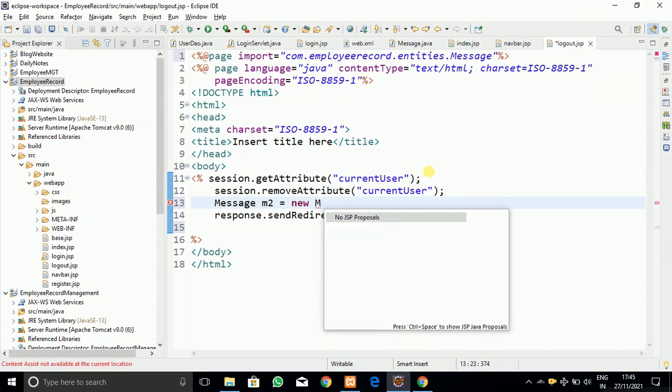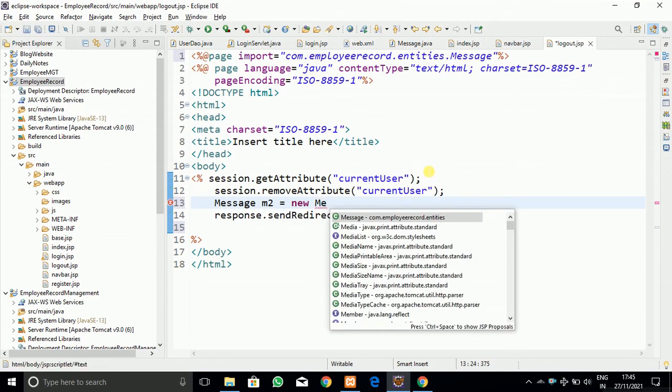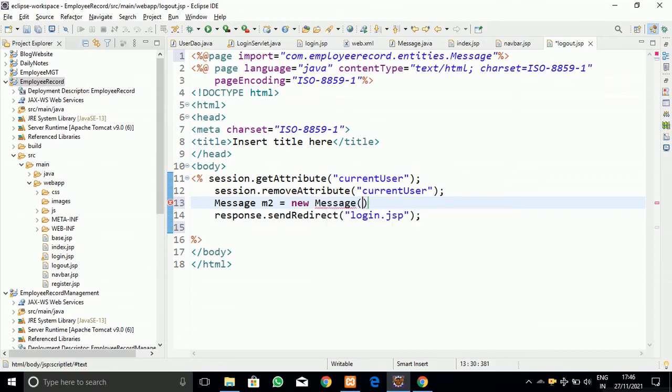As we have created in this video only, okay, I have created the message object, and into the message object I have given a message as logout successfully. As this is a success message, the type is success, and success is also for the alert CSS class.